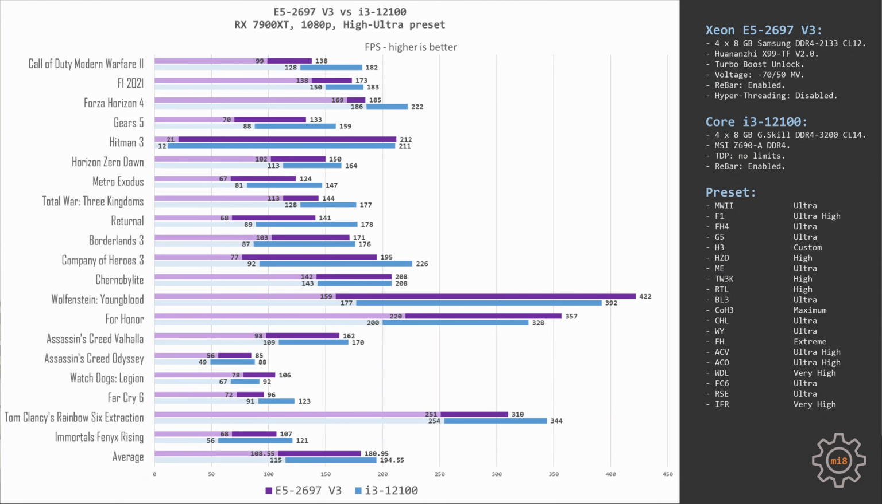Welcome to Miyconst Hardware. In my previous benchmark video, I compared Xeon E5-2697 V3 with Core i3-12100 in 20 different games, but that time I have only used the games which have a built-in gaming benchmark. These benchmark numbers do not represent online gaming experience with these two CPUs. That's why in this video I'm going to compare Xeon E5-2697 V3 against Core i3-12100 in 5 different online FPS